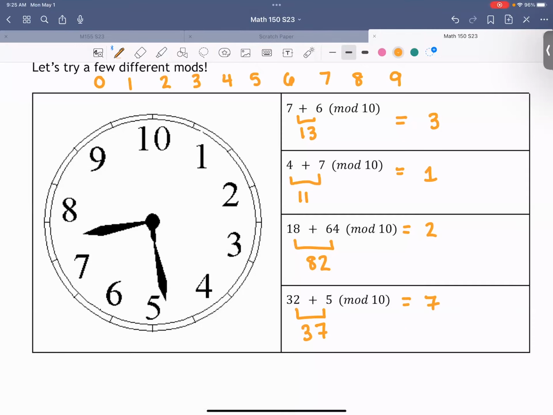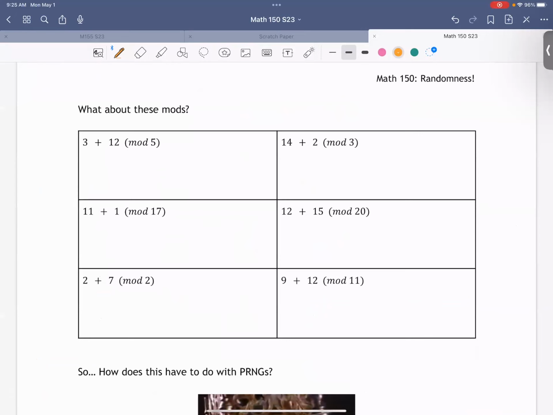We have 10 fingers, right? Our number system, or when we count money, we go by tens. It's actually really easy for us to do mod 10 because we live in this world where we do it all the time. Now, other bases are a little bit harder because we don't live in that world anymore. But base 10 is pretty easy. Why don't we do a few more? Let's do a couple different mods with different bases. What we're essentially doing is changing the number system that we live in.